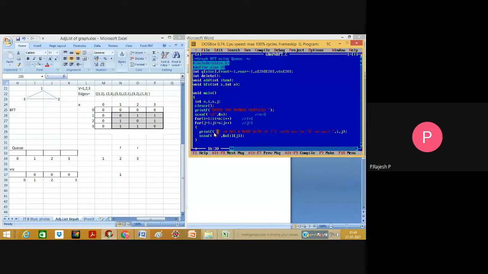So if i and j are 1 and 1, then into A of 1 and 1 I want to place a value. If the arc is there, we enter the value 1. If the arc is not there, we enter the value 0. Like that it was written, and in the output screen you have already seen that.